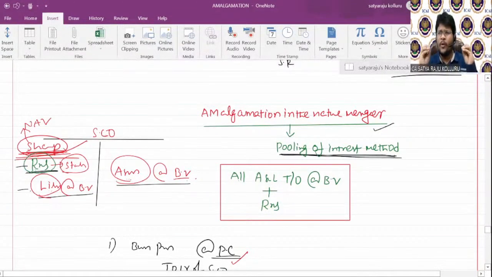If the problem is amalgamation in the nature of merger, then it is very simple. The reason is there are no difficulties with agreed values here. You can simply make a line by line addition of assets and liabilities of the selling company with the purchasing company, because all are taken over at book values only. All the assets and liabilities are taken over. No need to think about which asset is taken over, which liability is taken over, or whether an asset is taken over at book value or agreed value. Such things will not come into the picture.